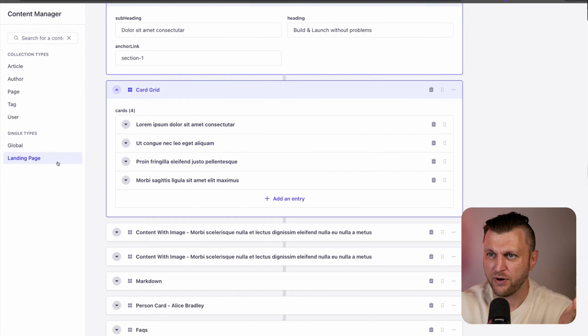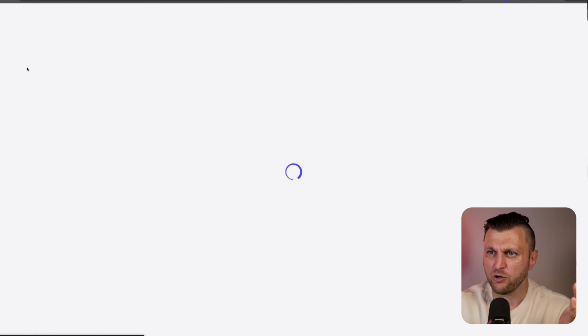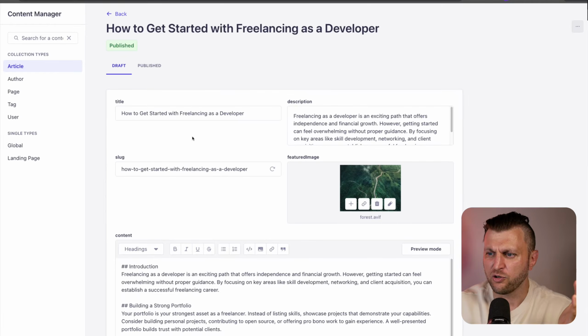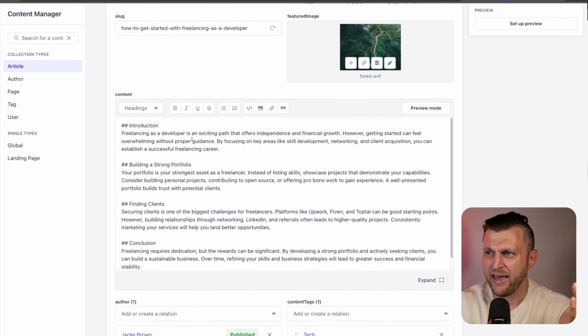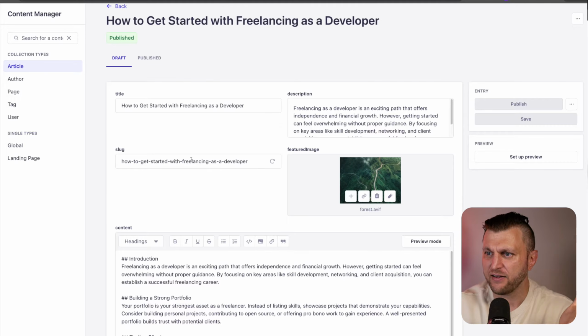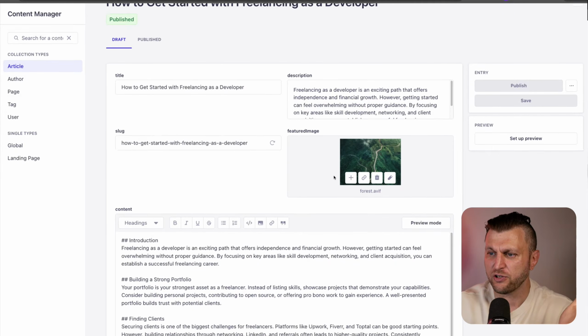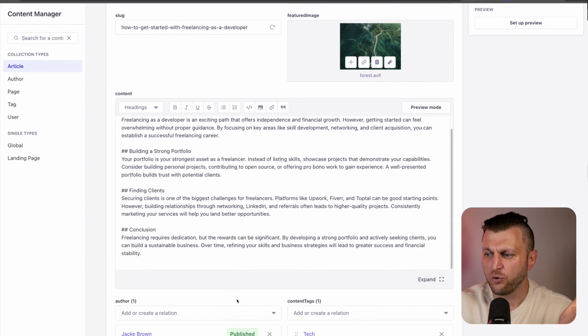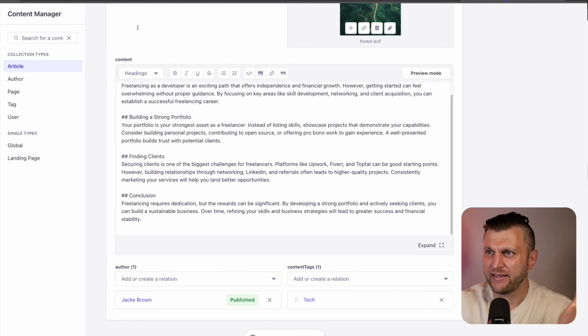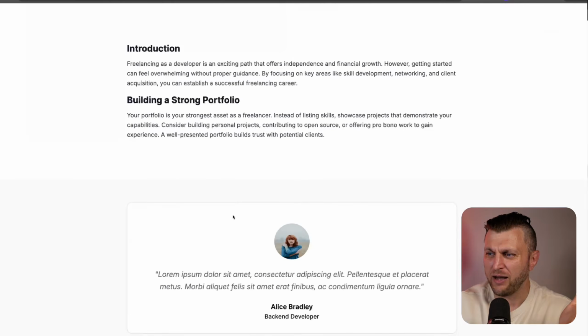We're just using the data from the landing page. And then we're also pulling the articles to populate our blog post. And here you could see that we have our title, description, our slug, our featured image, our content, who the author is, some tags. And in this project, if you go to one of the blog posts